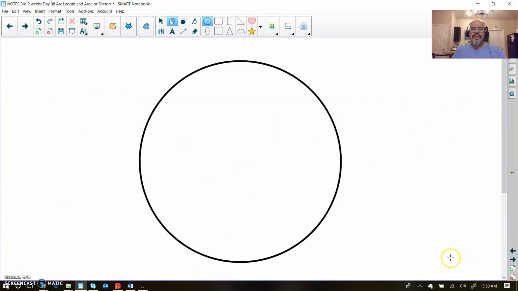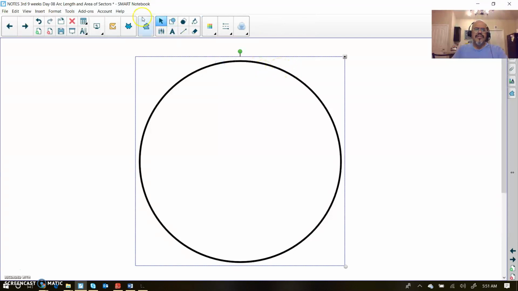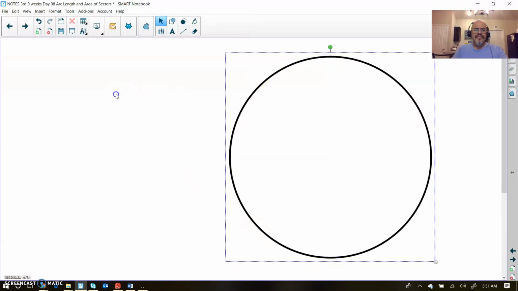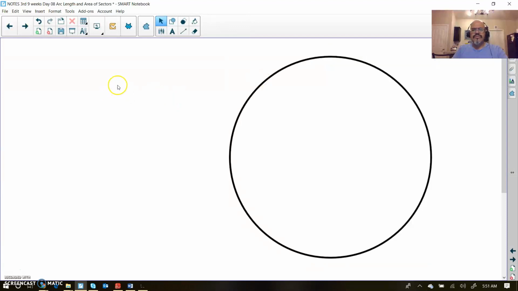So let's talk about a circle. And let's talk about something that you guys may have already seen before. Let's talk about pie charts. You guys have already seen pie charts, and you probably already know how to build one. But let's go ahead and go over the concept real quick. Now, when we're building a pie chart, usually we have certain angles according to the proportions of